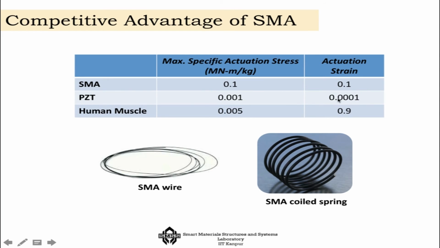The strain is also very high, so essentially you are getting a large stress and strain out of the system, and that is what is very lucrative. And you can get this material both in wire form as well as in spring form. Spring forms give a better stress and deformation, but the only catch is that the spring form is more complex to analyze, so modeling is a little bit difficult in the spring form.